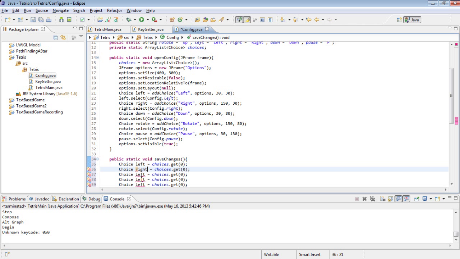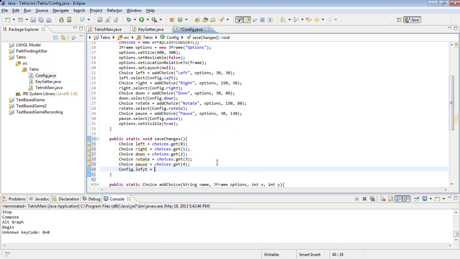Right, down, rotate, and pause, and they just match the order that they were put in. So 1, 2, 3, 4,